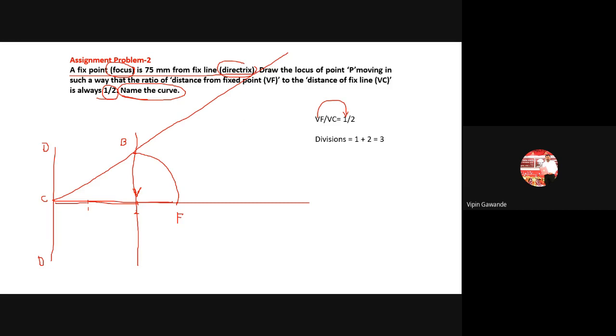ओके, सो हे स्टेप्स कॉमन आहे, आपल्याला लक्षात ठेवायचे आहे. व्हर्टिकल लाईन ऍट V, VF डिस्टन्स इन कंपास, आर्क, we got here point B, CB लाईन ड्रॉ करायची. नंतर मी तुम्हाला सांगितलं आहे की ही स्टेप्स पॅराबोला आणि हायपरबोला मध्ये सेम आहे. नंतर फक्त इलिप्स मध्ये एक ऍडिशनल स्टेप आहे.